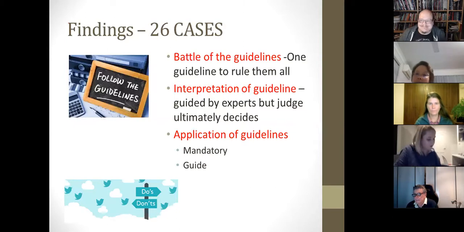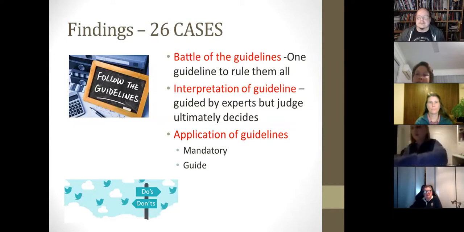Yeah. And as for application of guidelines, there are a couple of cases involving nurses and paramedics, and for these people, it was mandatory to follow guidelines. So any deviation whatsoever would actually place them as negligent. For most people, it's not.